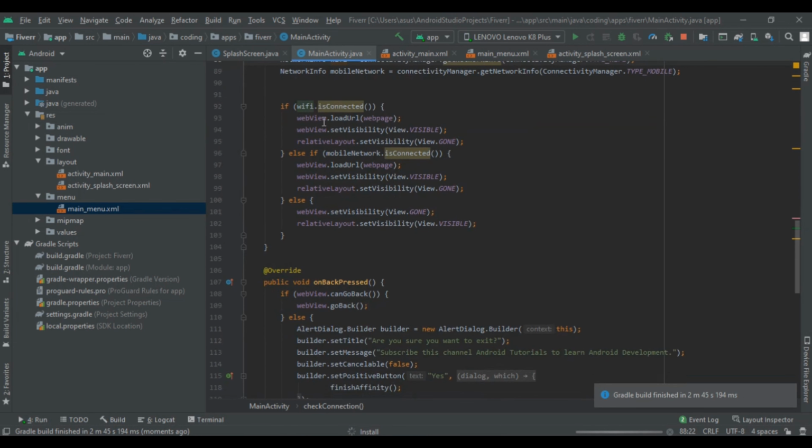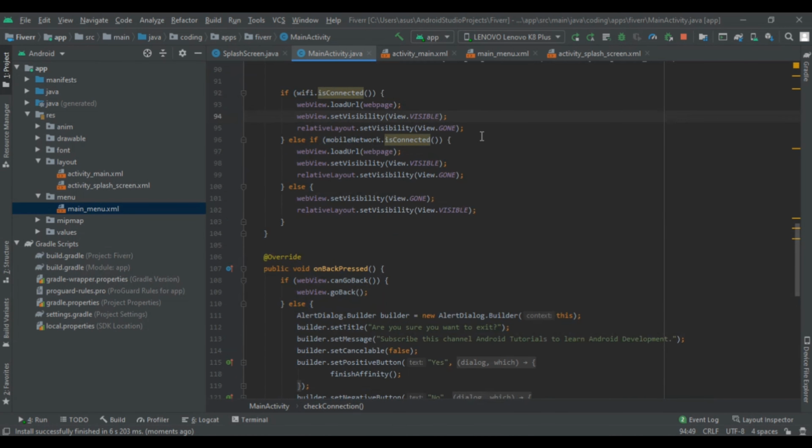After that we had added the web view if Wi-Fi is connected, then we are going to load our URL in our web page, otherwise we are not going to show our no internet screen, and set our visibility of web view to visible.